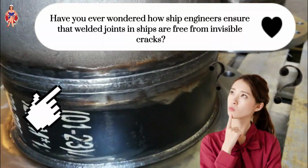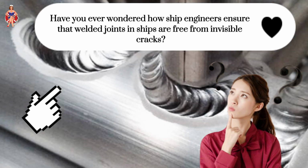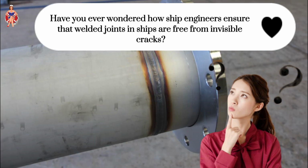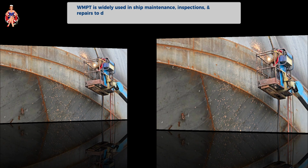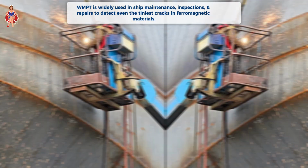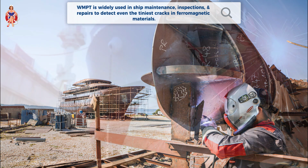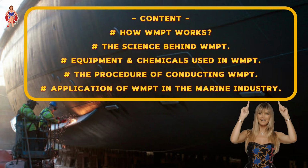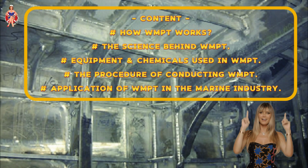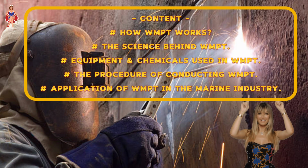Have you ever wondered how ship engineers ensure that welded joints in ships are free from invisible cracks? Well, this is where WMPT plays a vital role. This method is widely used in ship maintenance, inspections, and repairs to detect even the tiniest cracks in ferromagnetic materials. Stay with us as we explore how this powerful testing technique works, the science behind it, and its applications in